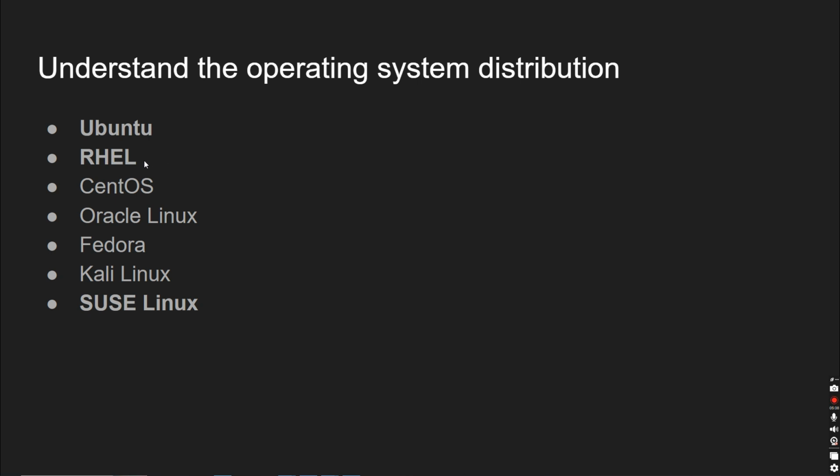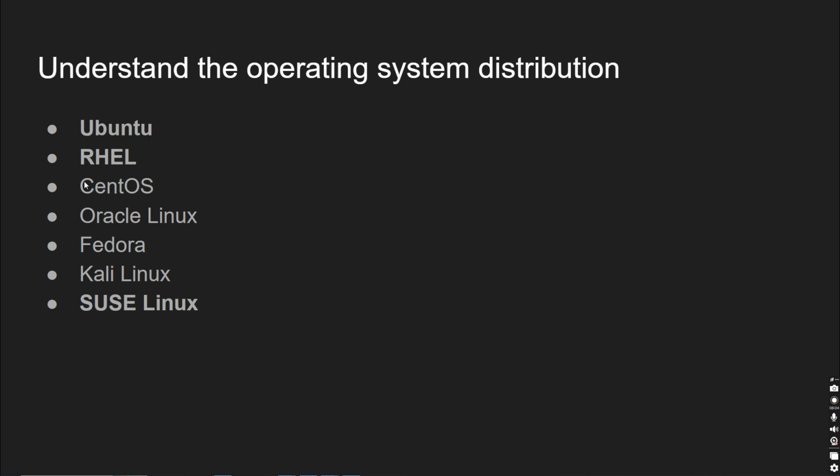So between Ubuntu and Red Hat, there are some fundamental differences, but the commands are almost the same. The file system commands, or from an end user point of view for deploying applications, you won't really feel that much difference. But there are some fundamental differences between Ubuntu and Red Hat. One is from the Debian family, and Red Hat is basically in the Fedora family.